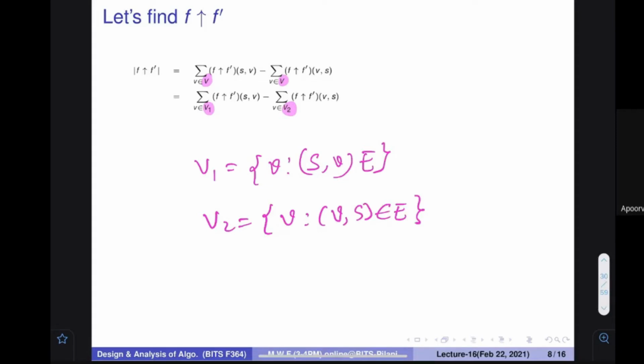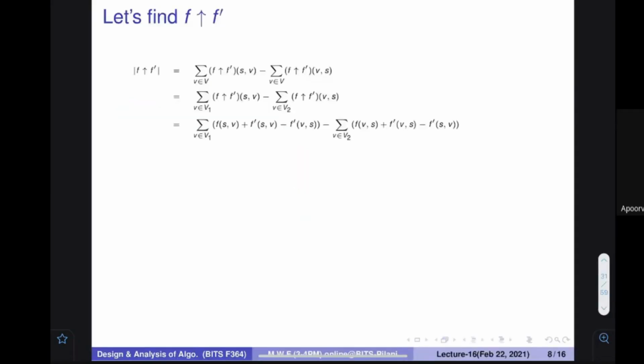So why am I writing this? Actually, what is happening now? If there is an s, then it would have a value. For the other things, if I want to find the summation, all other values would be 0. Make sense? So why can I write like this? Because whatever is being left is actually 0, because if there is no s, those values are actually 0. Make sense? So I have just written V1 over here, and here I have written V2.